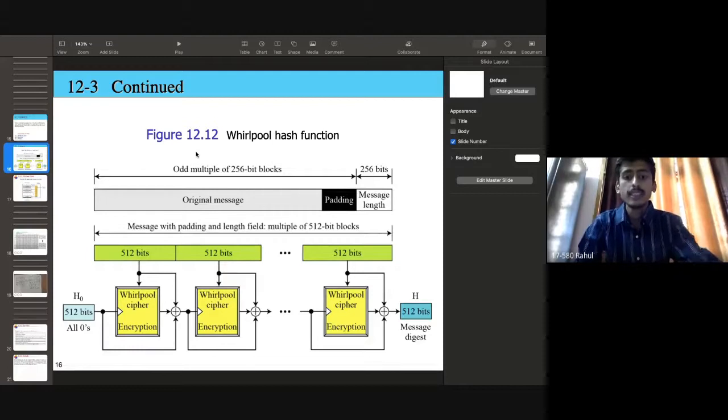when we have the given message, here the message length is 256 bits, and the total length of the message should be a multiple of 512 bits. That's a rule. The total length of the message must be a multiple of 512 bits. So here we have a message length fixed as 256 bits. So the remaining is the original message as well as padding.